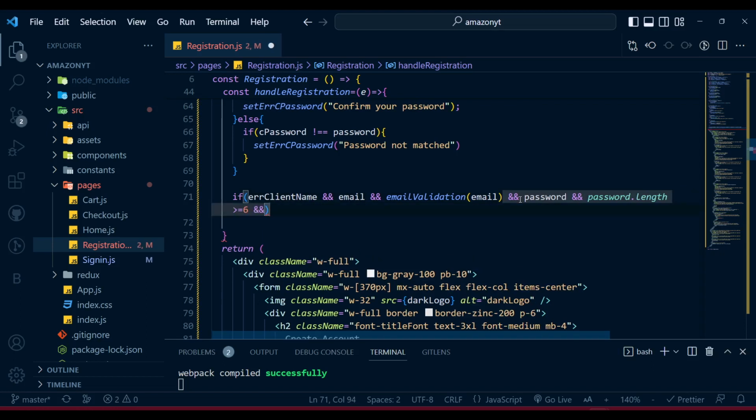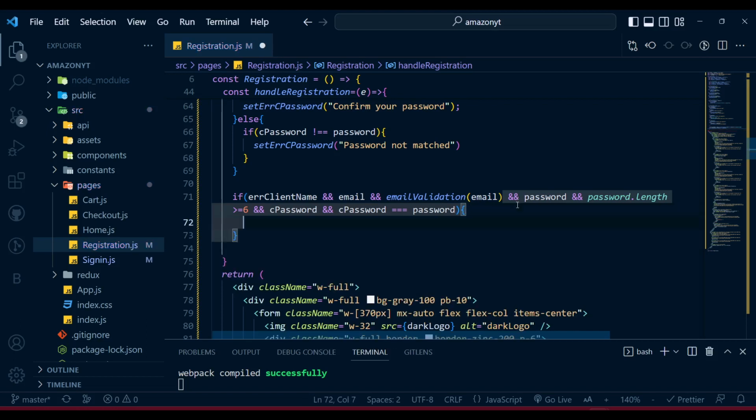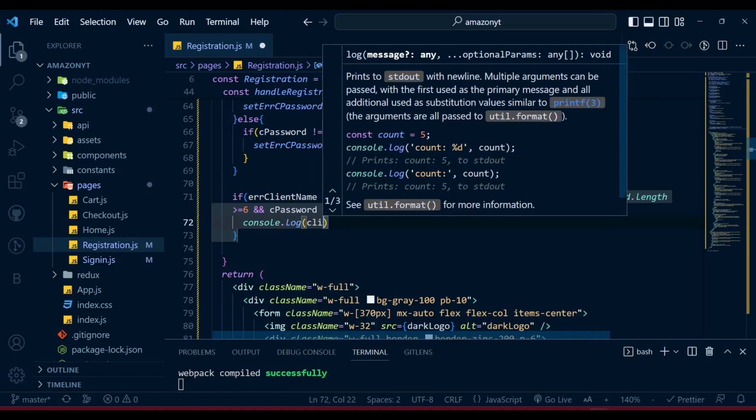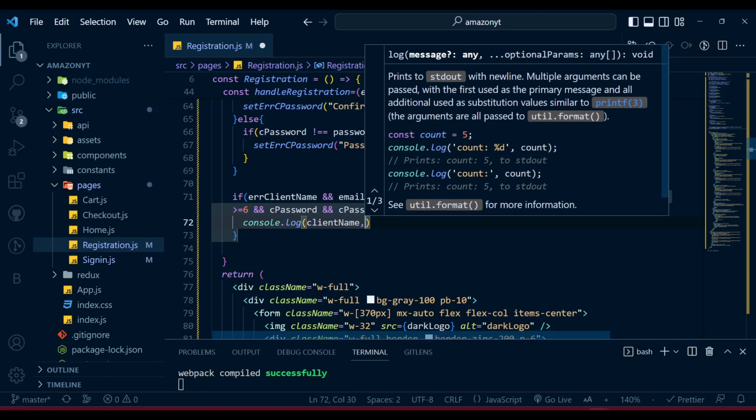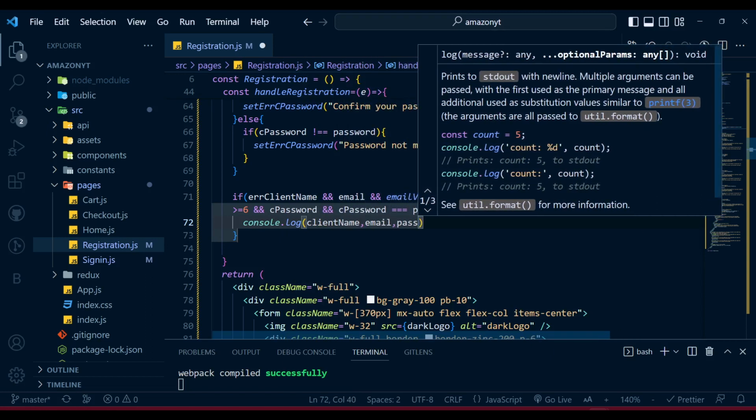And after that, like we have the C password, and also C password is equal to password. If all these conditions are okay, then what we want to do, I want to make a console dot log, which will contain the client name, email, password,